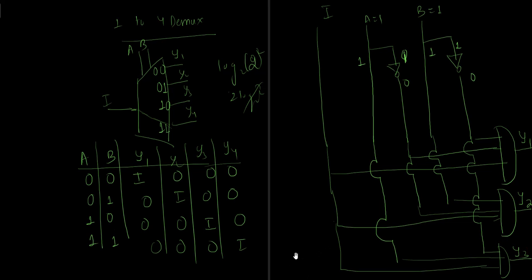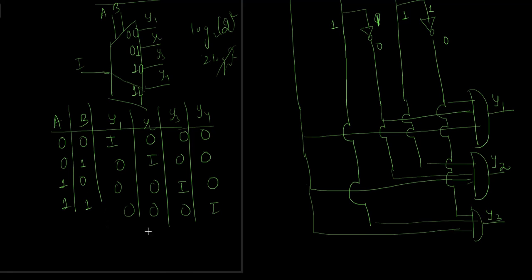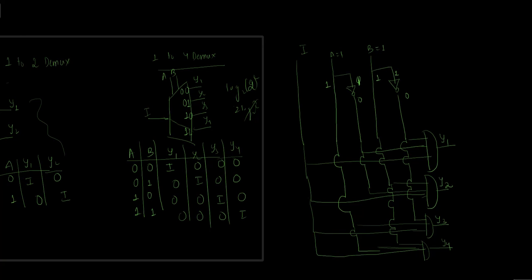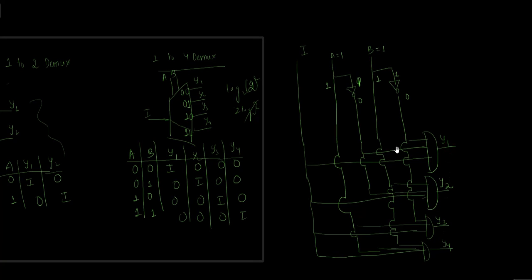Similarly for y4, A is equal to 1, which I will get over here, I, and B is also 1. So B equal to 1 comes from here, where again I will insert a wire. Say these are another 3 inputs, and I will connect them with an AND gate to get my result y4. So this is how the circuit diagram looks for the given case of 1 to 4 demux. There are my 4 outputs, y1, y2, y3, y4. As I can see, A and B are my 2 select lines and I is my input.